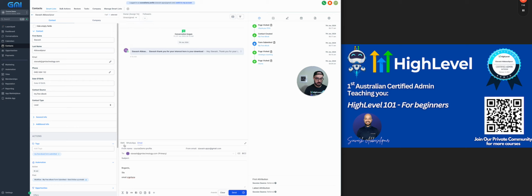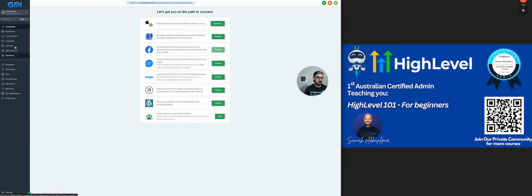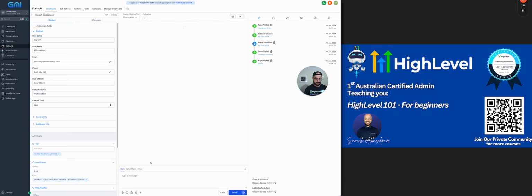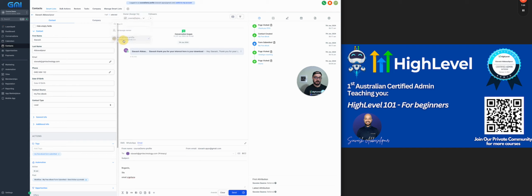Oh, I'd love to be a tester. So this is not showing up. Let's go to Launchpad, go to contact, click on this person, and click on email. Still showing up. So I think there's a bug in here. But anyway,